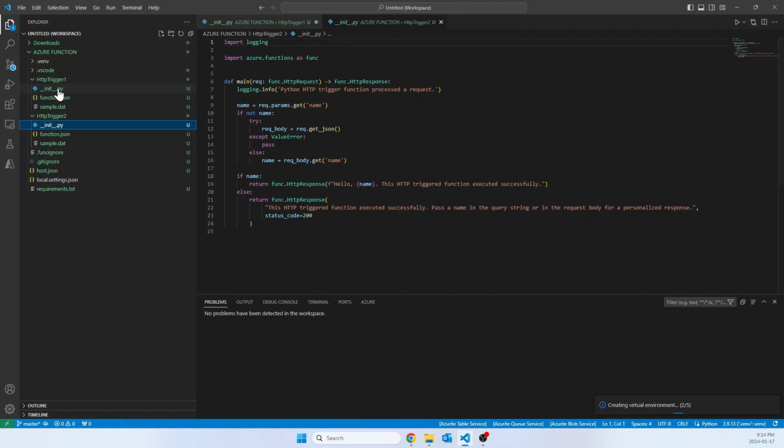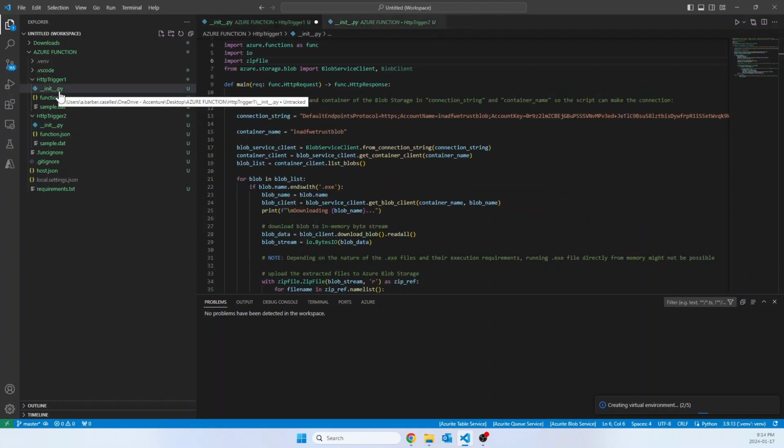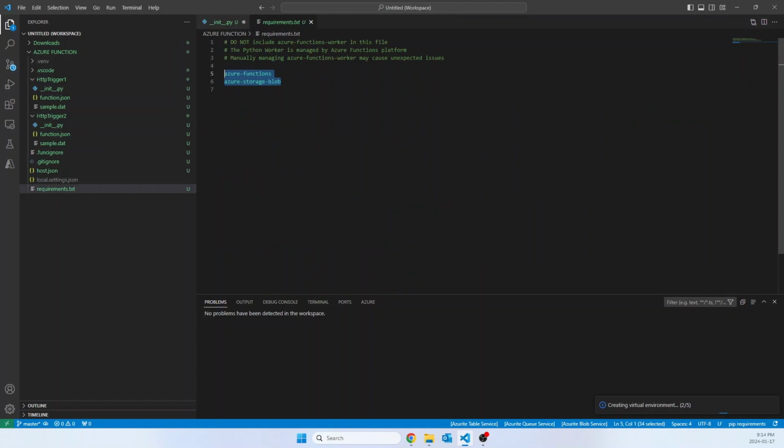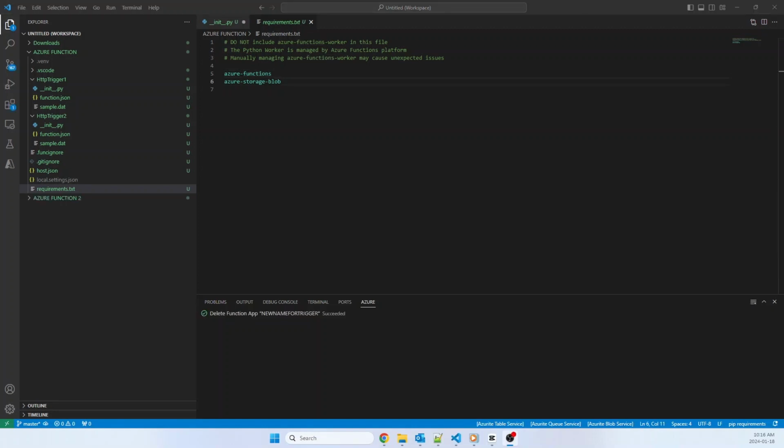So you just have to copy paste the script into the init.py, and later in the requirements.txt you need to ensure that these packages will be installed, okay? Azure Functions and Azure Storage Blob, because they are the ones that will be used here and are not native from Python. So the only thing we need to do now is to deploy our Python code or HTTP trigger into